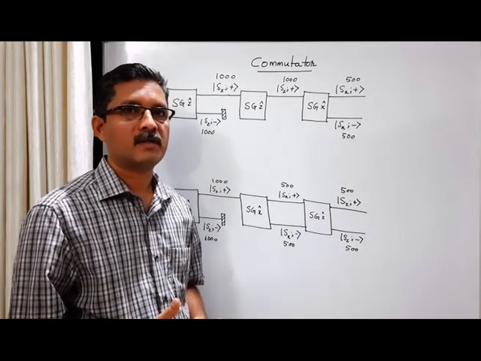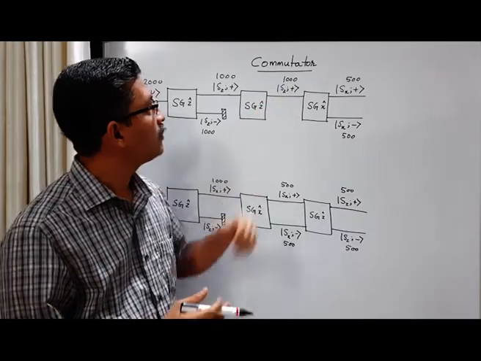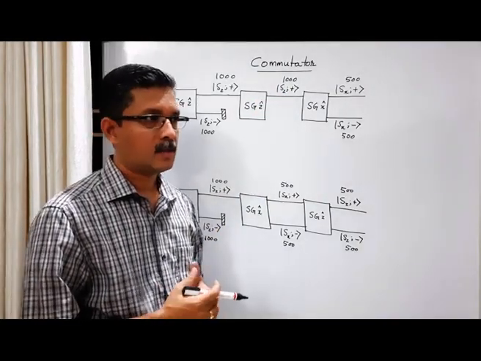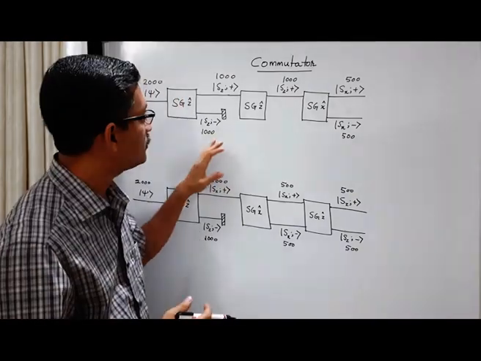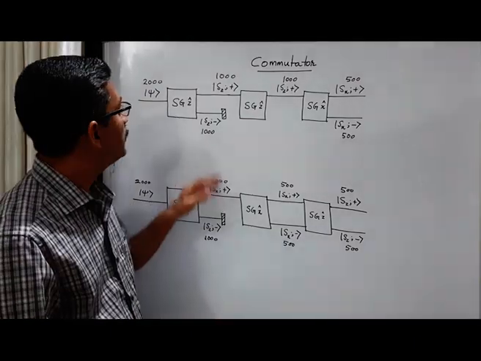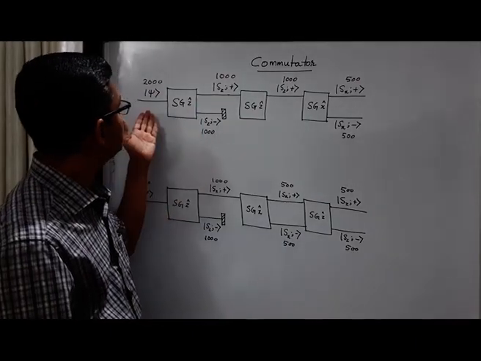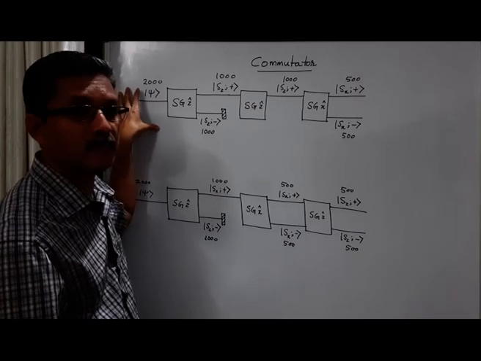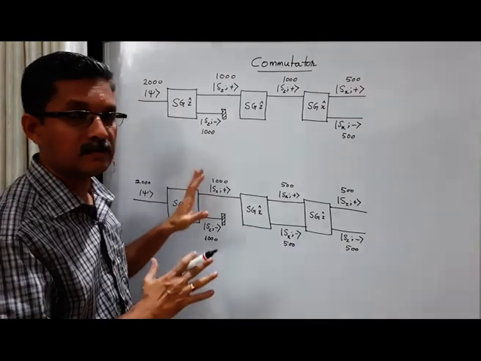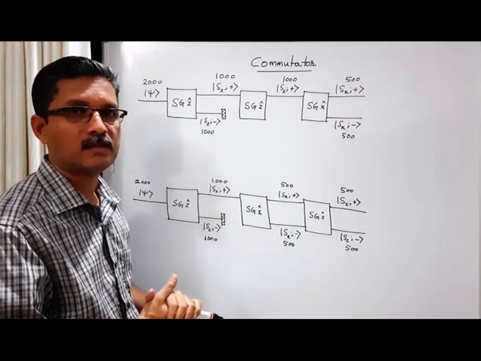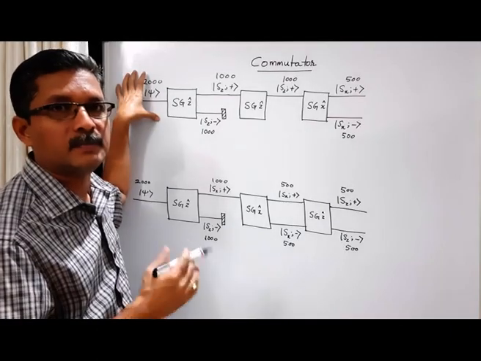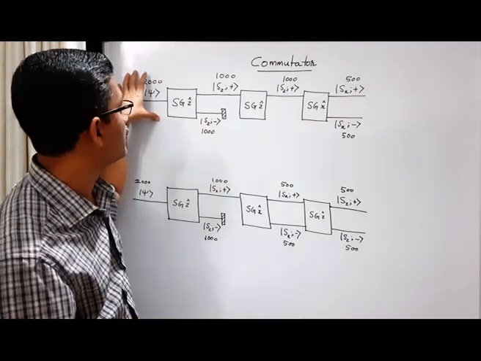In this class, we will consider the idea of the commutator of two operators. To understand this, let us consider these two sequential Stern-Gerlach experiments. In the first experiment, we have a beam of particles in a general state. Let's say this is a spin-half system. These particles are spin-half particles, so in this initial beam, the spin is in random orientation.